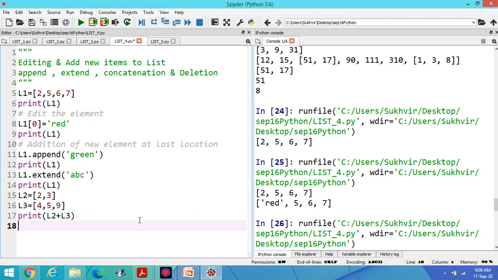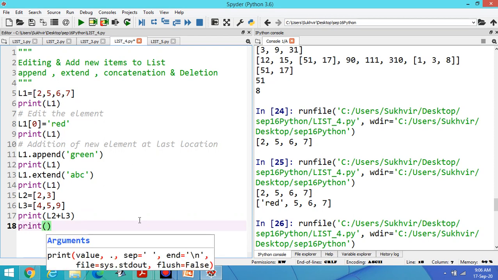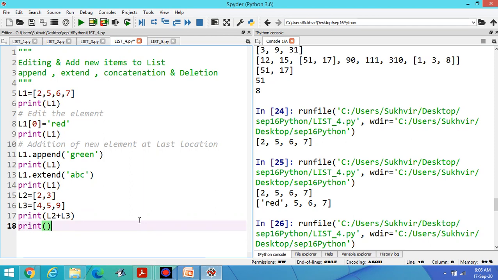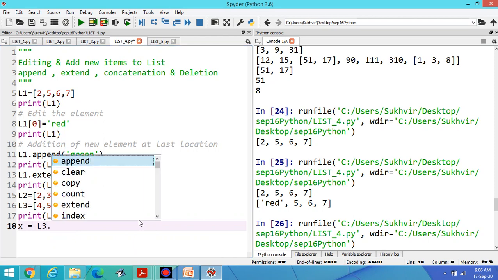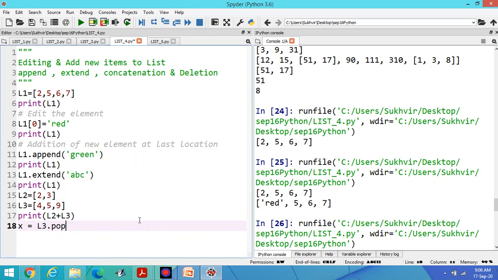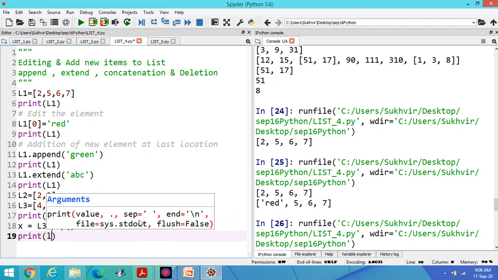Suppose I am writing print, or you can write some new variable. Let us say x is equal to L3 dot pop. Suppose I am writing this one, then print L3.